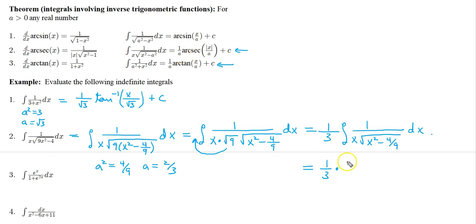So this is going to be there we go. Once again, this term right here is 1 over a, and then of course this simplifies to